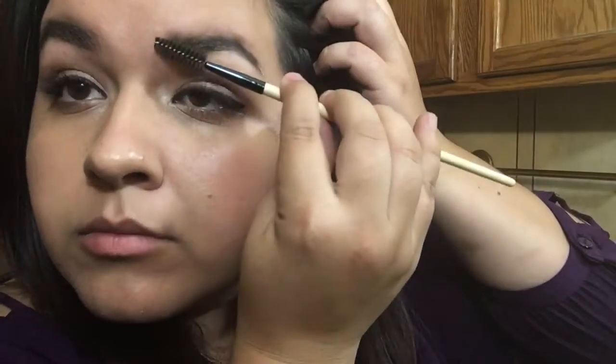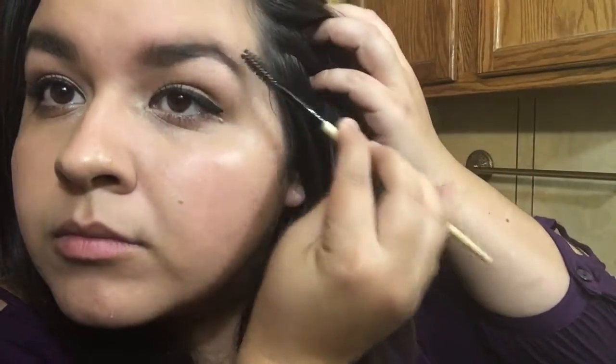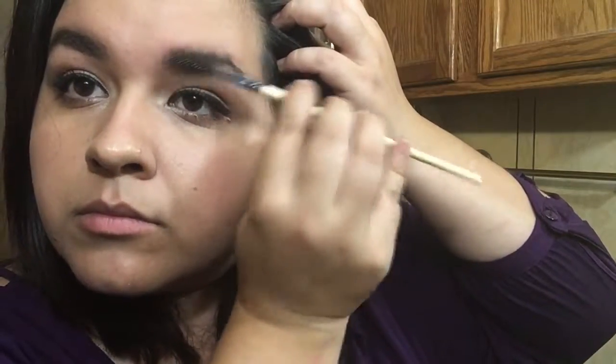I'm grabbing the spoolie because that's the one I'll need to blend everything out. It kind of just softens everything and gets rid of all the sharpness of my eyebrows, because I'm not a big fan of them being super sharp and overpowering. I need to groom them again and get them